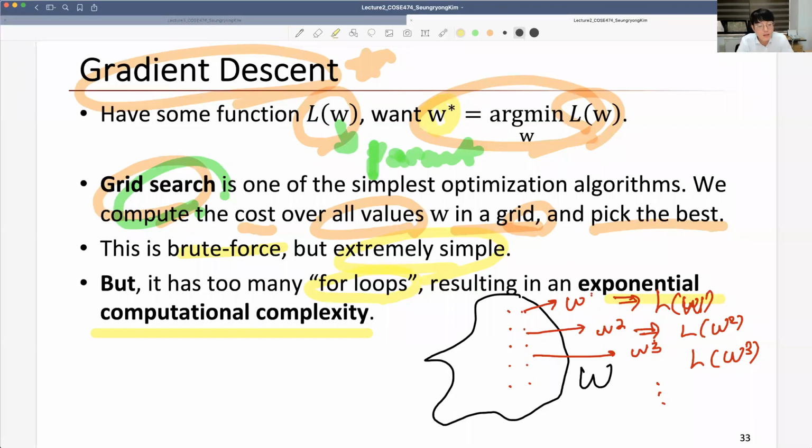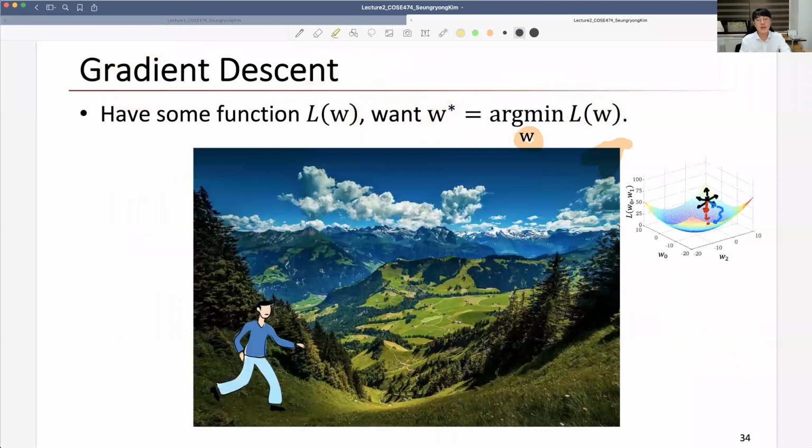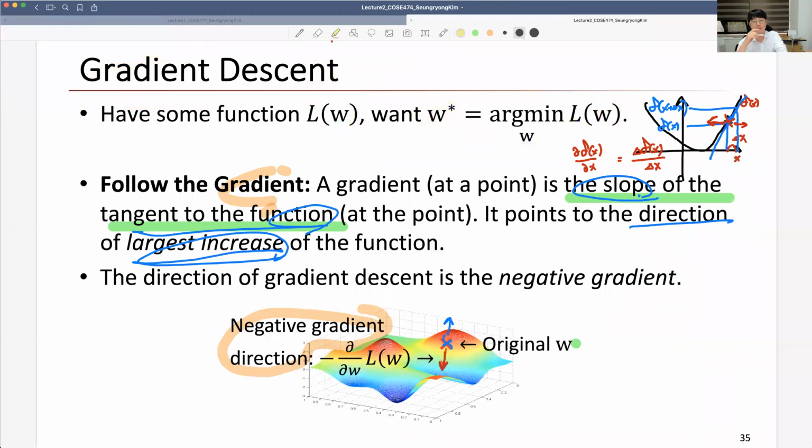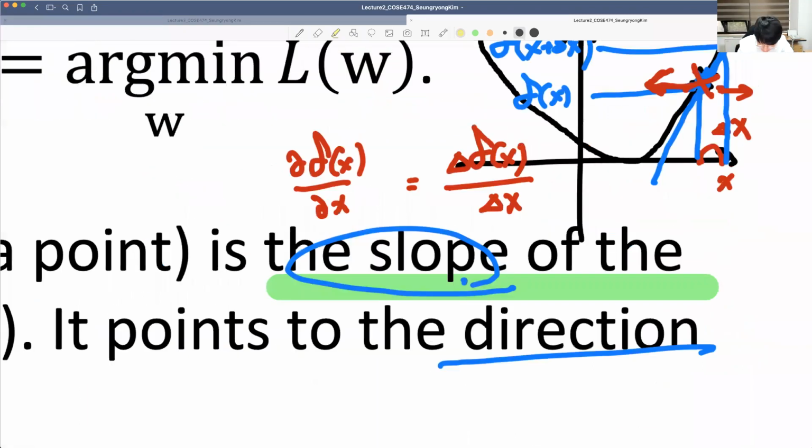But it has too many for loops, resulting in exponential computational complexity. So we need a more systematic way to solve this problem. That's why we introduced the gradient descent algorithm, right? What was the gradient descent algorithm? Here's the thing. The gradient was the slope of the tangent to the function. So as you can see here,